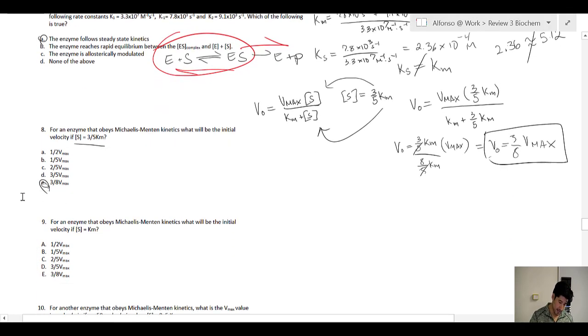All right, for number 9, an enzyme that obeys Michaelis-Menten kinetics, what will be the initial velocity if the substrate concentration is equal to the Km? So when the substrate concentration is equal to the Km, remember Km is a constant, so whenever the substrate concentration is equal to your Km,